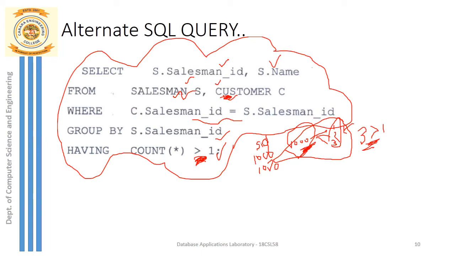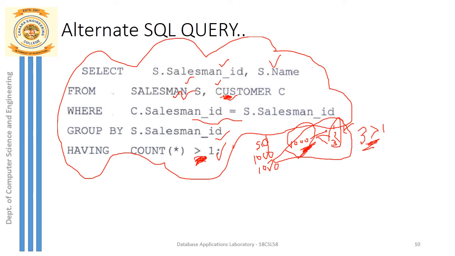So how do I do that? The matching condition is very much important. So the salesman ID that you extract from the salesman table should match the salesman ID that you have inside the customer table. So both the salesman IDs that you have in two different tables should be matching. Only those matching rows are retrieved now. So once you have that, now you apply group by. So how do you apply group by? Suppose here I have inside my customer table, so you can see here inside my customer table. So you have what?